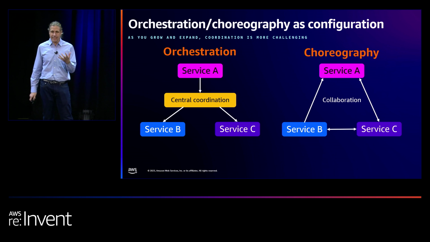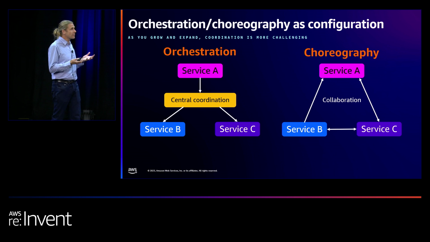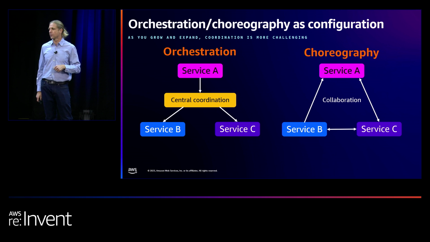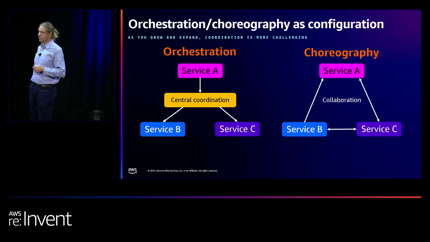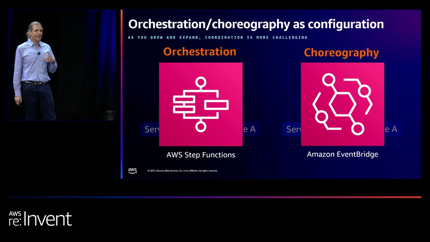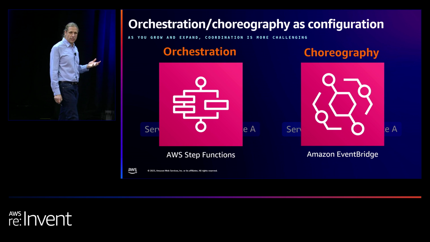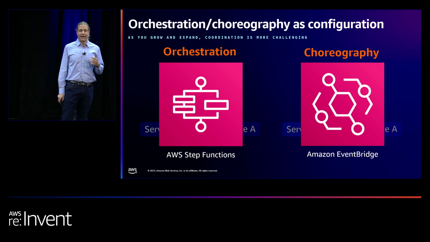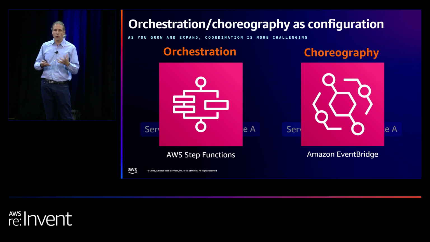Now, choreography is slightly different, and it communicates without tight control. Events flow between the services without any central coordination. And many applications use both choreography and orchestration for different use cases. Step Functions is an example. It's an orchestrator doing that central coordination and ordering to manage a workflow. And EventBridge is a great choreographer when you don't need strict ordering and workflows and need events to flow